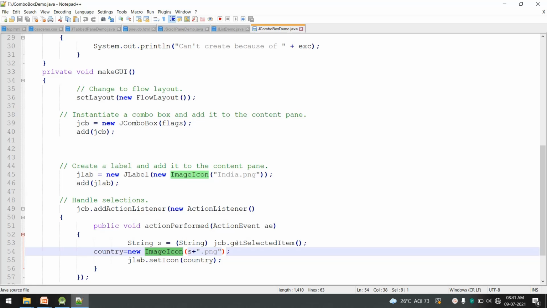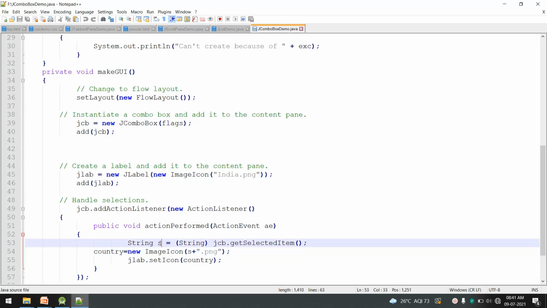If I select United States, that United States will be stored in s, and we are passing it here as an argument to ImageIcon. So it will fetch an image from the directory with the name United States.png, but there has to be an image with that name in your current directory. I have some images, I'll show you with these names. And lastly, on the JLabel we are adding that icon by using the setIcon method, setIcon country.